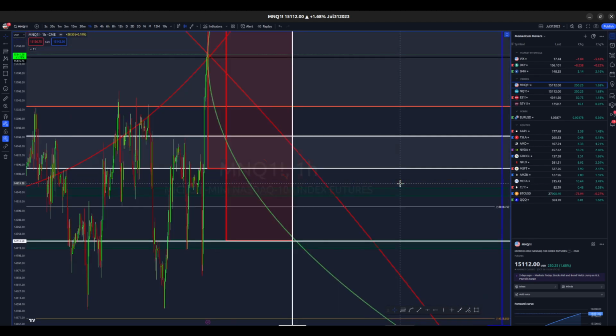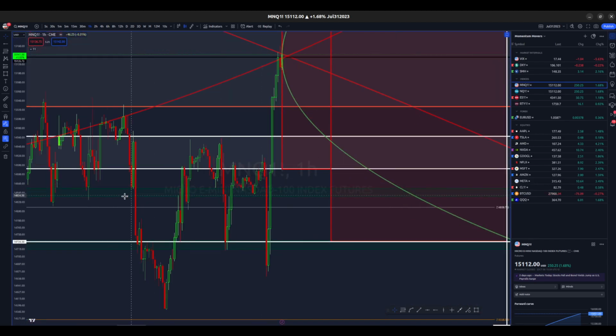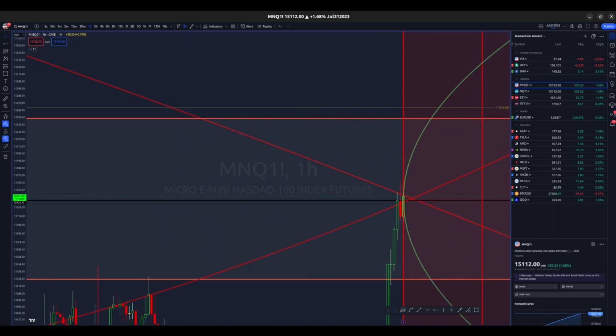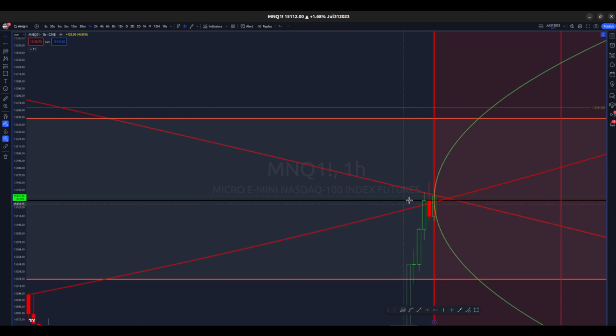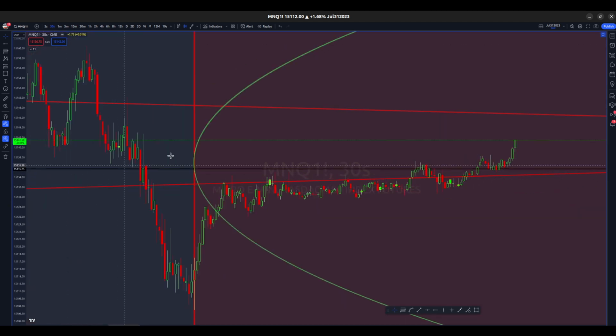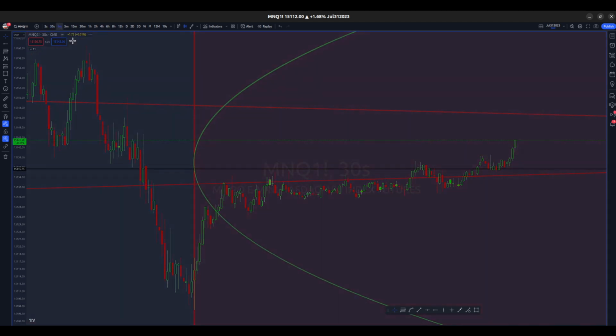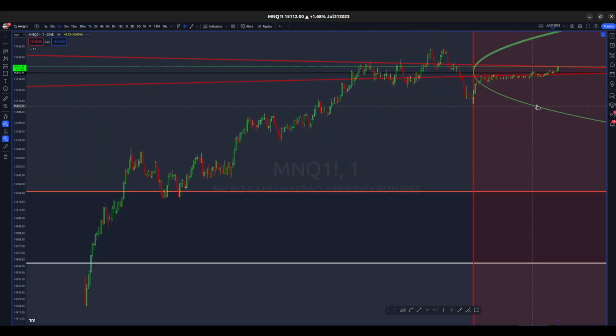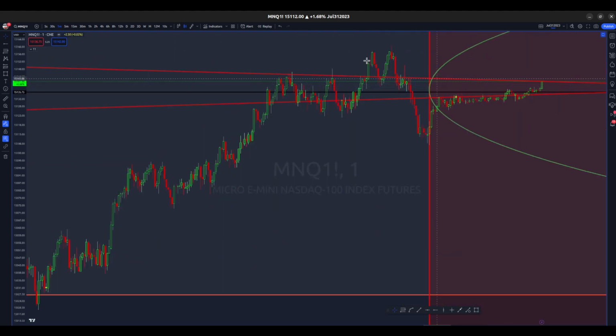That said, let's zoom in to where we are now. Get rid of this. So we closed right on it. I mean, pretty much. It's this upper parabola right there. I think on a 1 minute chart, it's right on it, right? It was decent resistance. That's where we closed. So I expect us to go down from here.